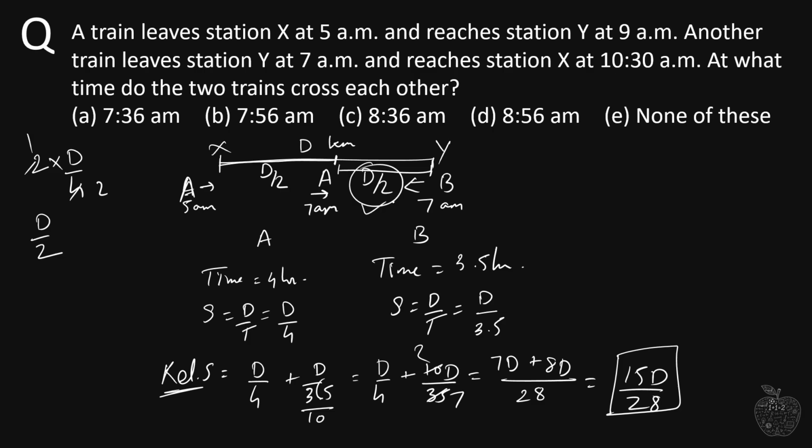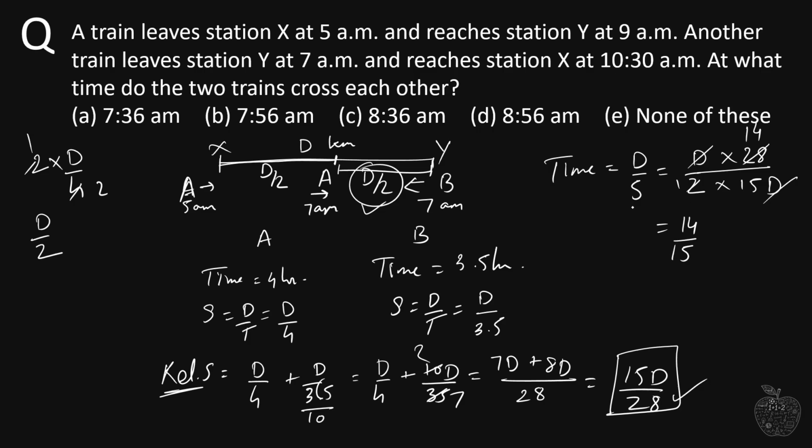So we have our distance, we have our relative speed, and the question is asking at what time the two trains cross each other. So let's calculate that. Time is equal to distance over speed. Here the distance is d by 2 divided by the speed, which is 15d by 28. Dividing by 15d over 28, this goes in the numerator, so it gets multiplied here. Now d gets eliminated. 2 1s are 2, 1 2 is 2, 2 14s are 28, so we get time, which is 14